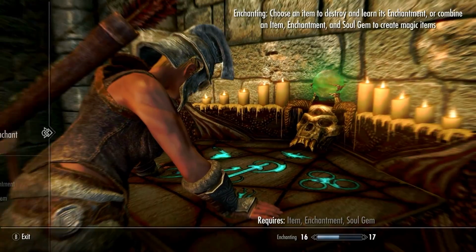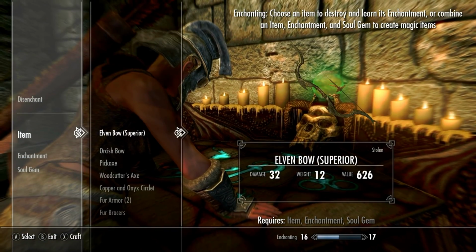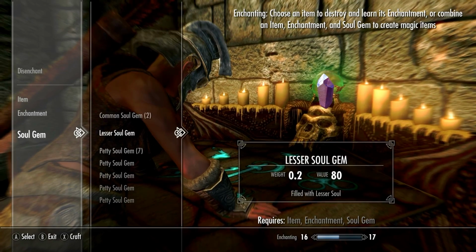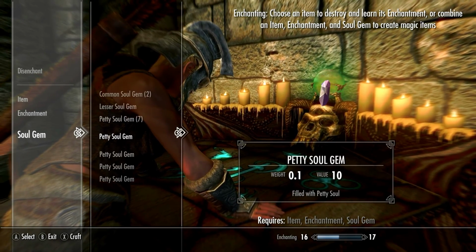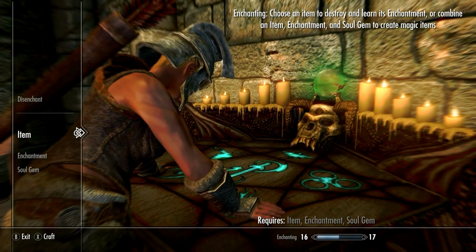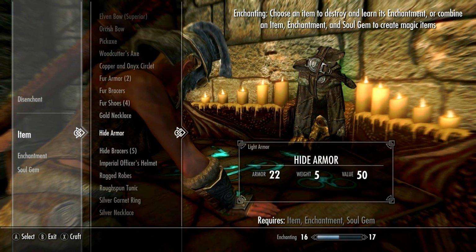So now, first things first, I'm going to craft a couple of dummy things just to get... And guys, this is what the petty soul gems are all about. Right here, right now, you're about to see the power of these petty soul gems. Alright, so what I'm going to do is pick just some random...